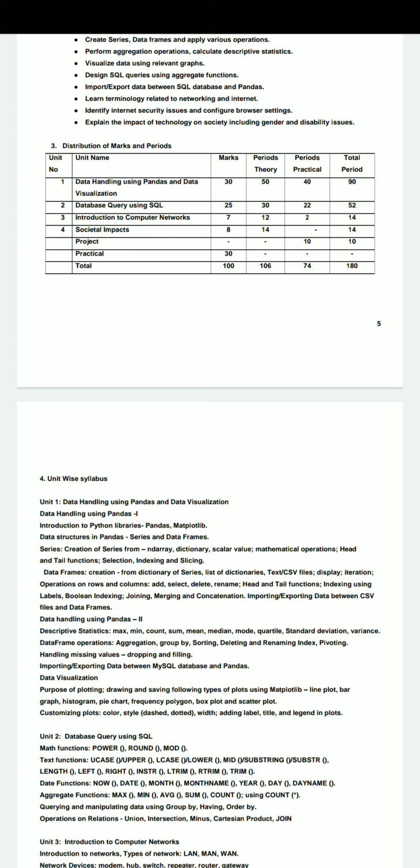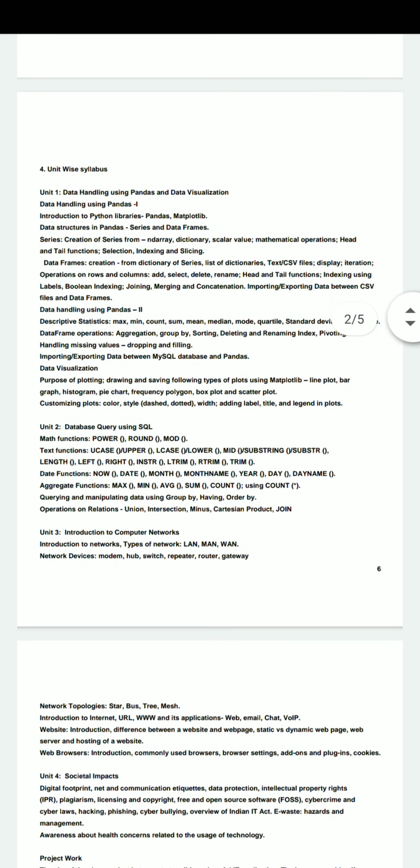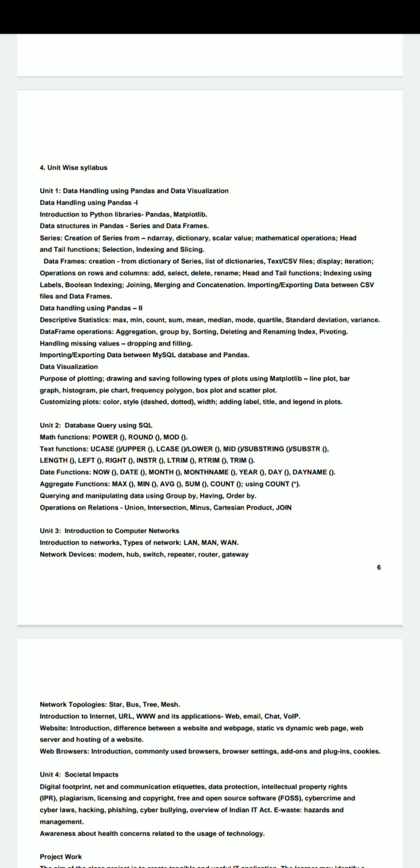So while writing your query, students, you must know the syntax rules of that particular statement of SQL so that your query becomes correct. As a part of SQL, a limited portion is given, that is functions, aggregate functions and relational operations.